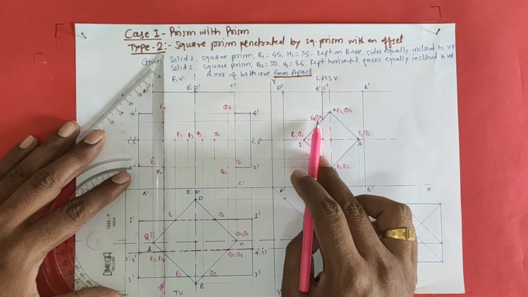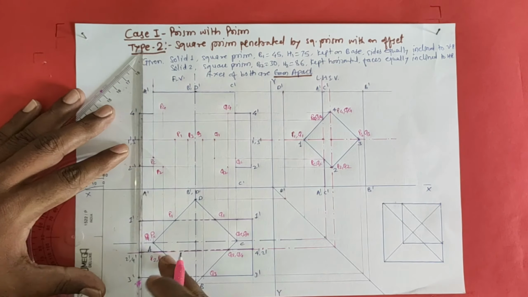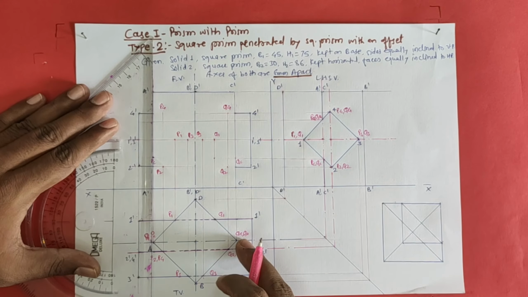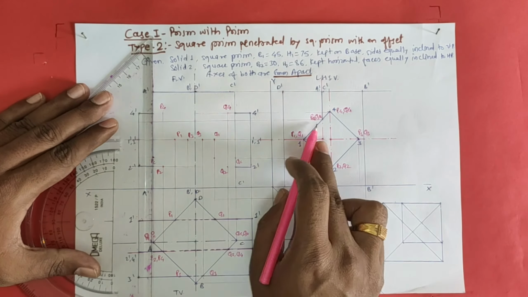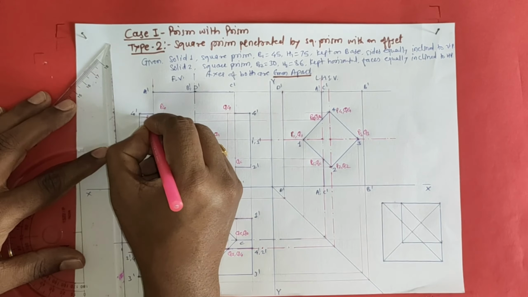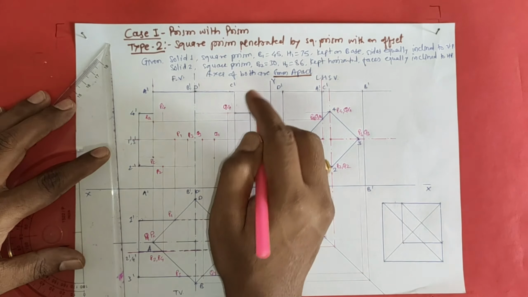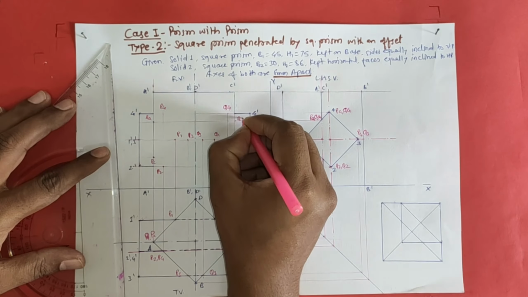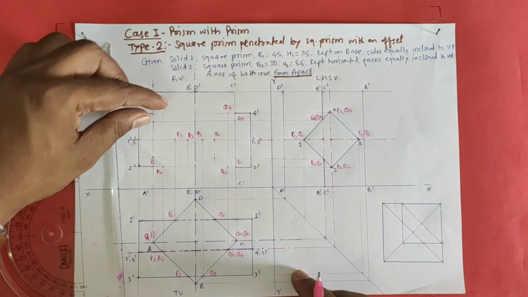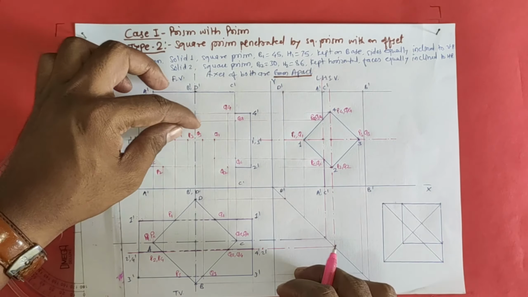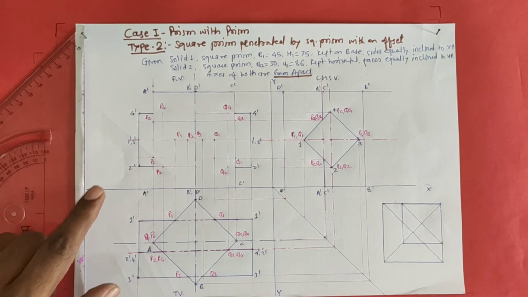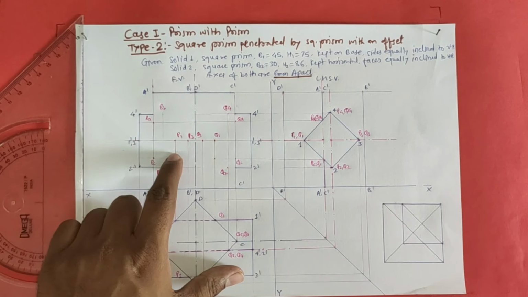The next last remaining points are PA, QA. So PA and QA. Take the PA point to the AA line. So on this PA QA line and this line, you will get a point here, which is the PA point, and you will get a point here, which is the QA point. Okay, so 2, 4, 6, 8, 10, 12. All the 12 points we have got in the front view.